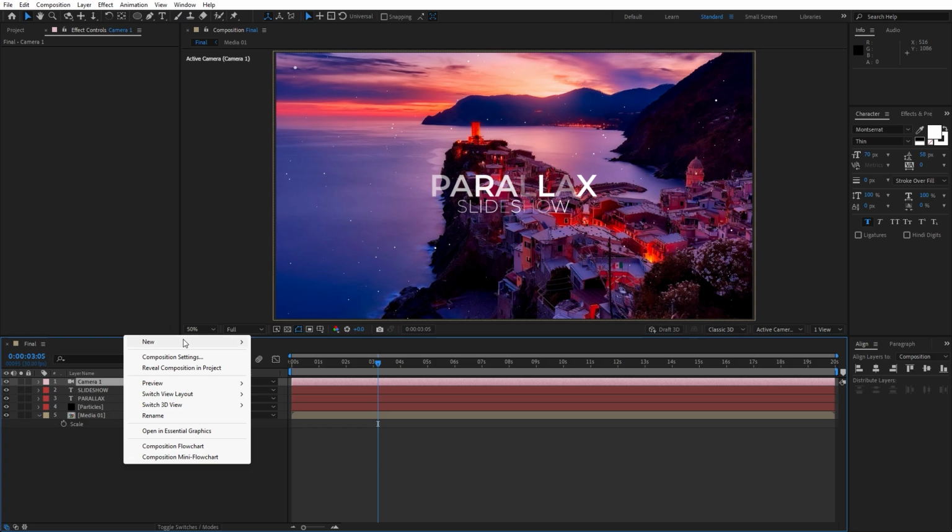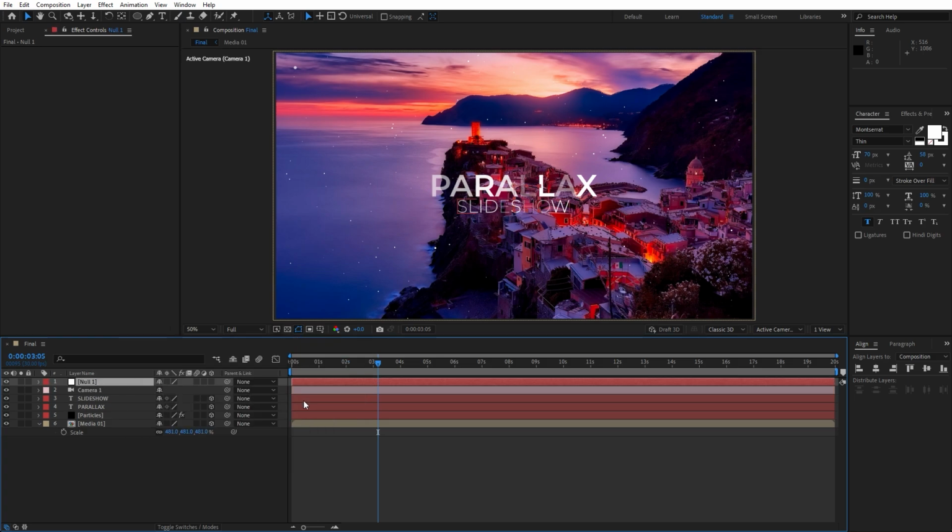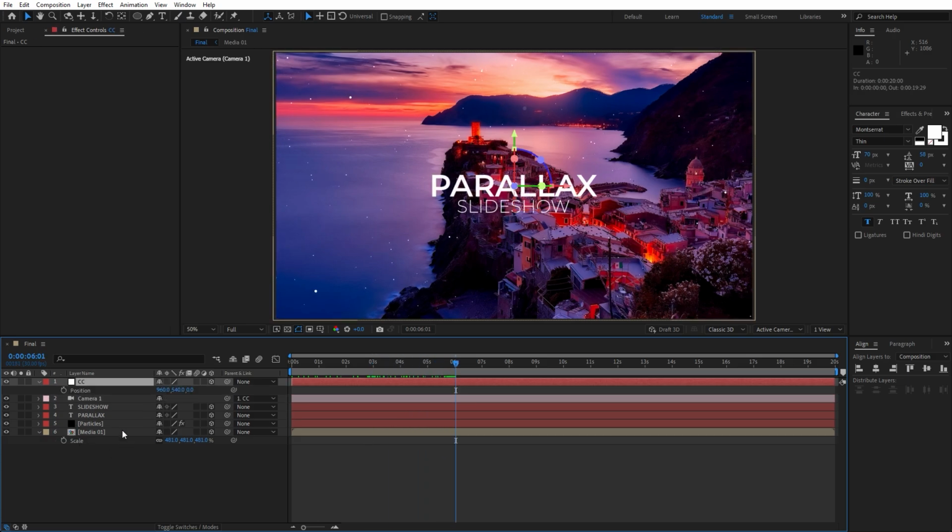Now let's right click and find here null object, and this is going to be just CC camera control. Also make this camera control a 3D layer. Parent this camera with our CC. Okay, now go here to around maybe 6 seconds, hit P for position for our camera control, set up the